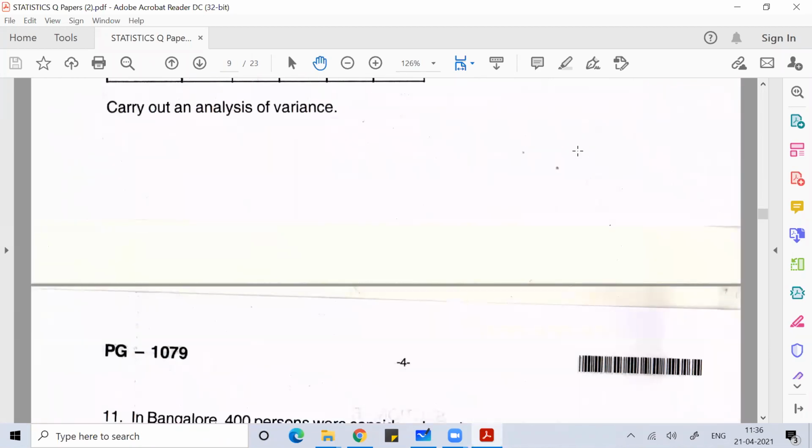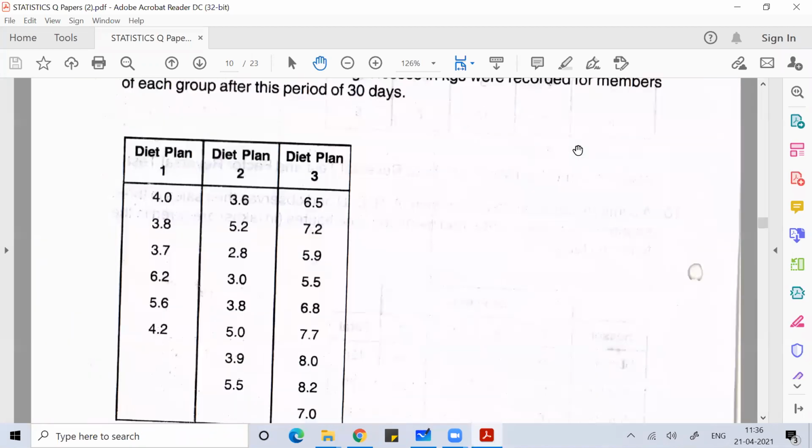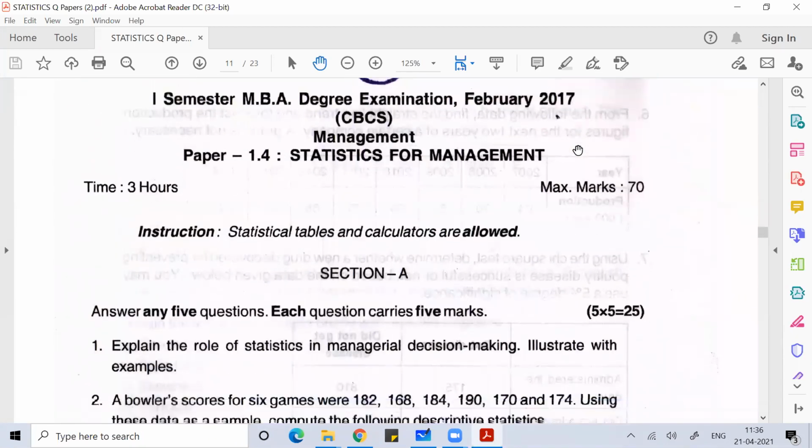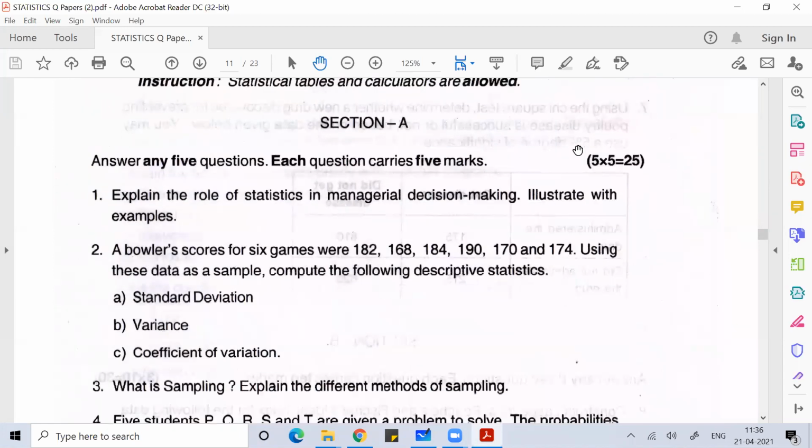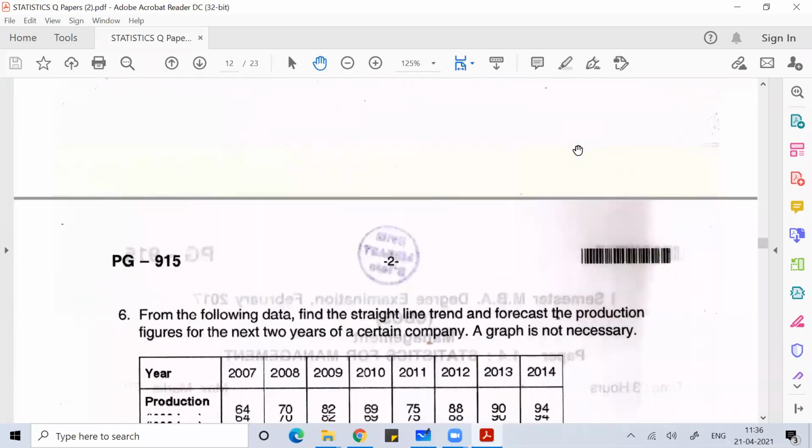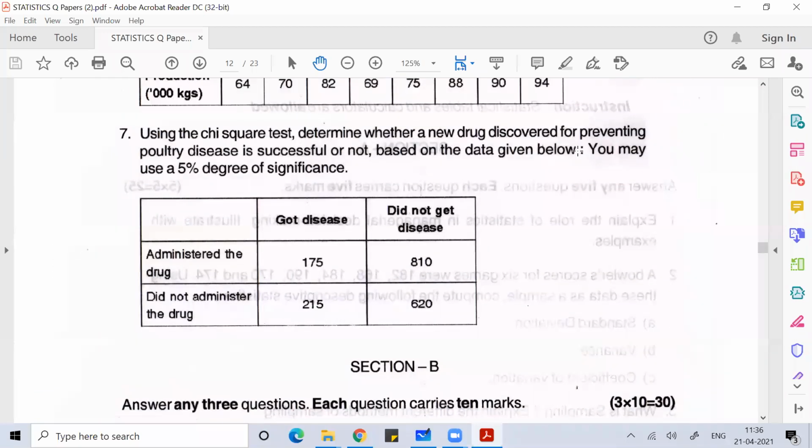If you observe, more or less all the questions which come will be of a very basic nature. All the questions we did in the beginning only. Again, if the total is not given, you can do the total. You know how to do the total with the data and solve it. If level of significance is not given, you take 5%. Question number one, which came in 2019, is very similar to question number seven.